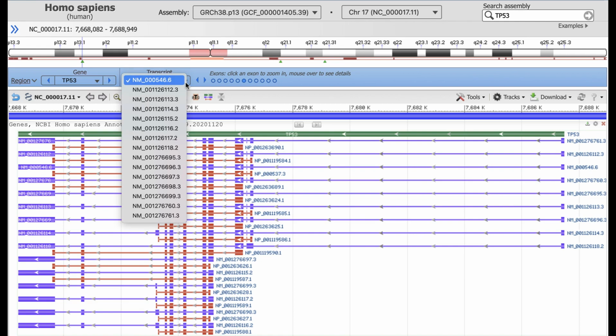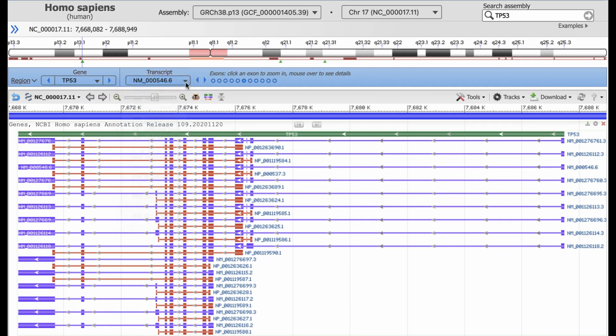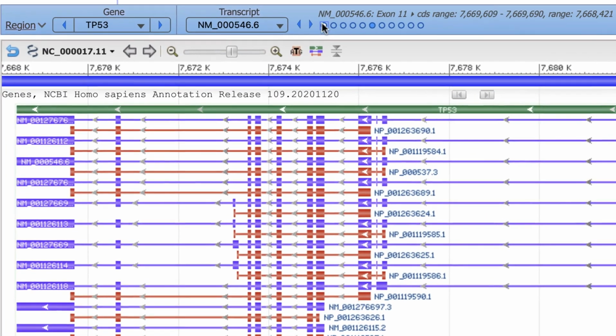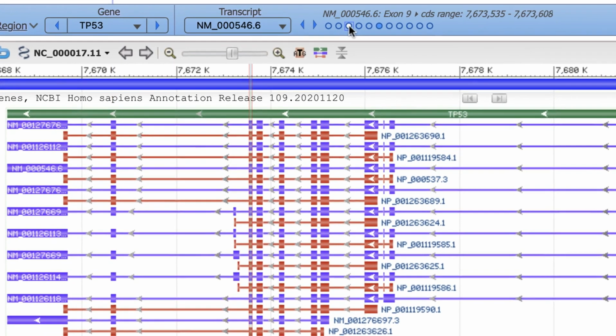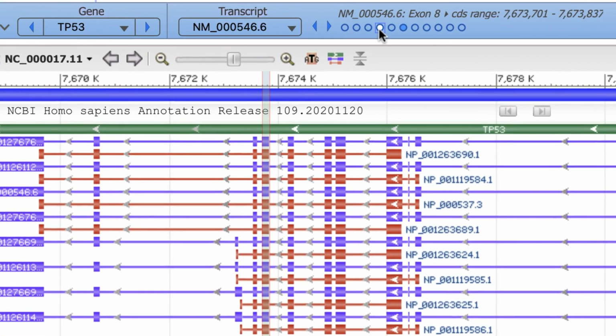I'm selecting NM_000546.6. Note that you'll only be able to choose transcripts from the latest NCBI gene annotation release. These circles in the Navigator represent each exon in the selected transcript. A mouse over on the exon circle provides information about the exon, including the exon number and the CDS range